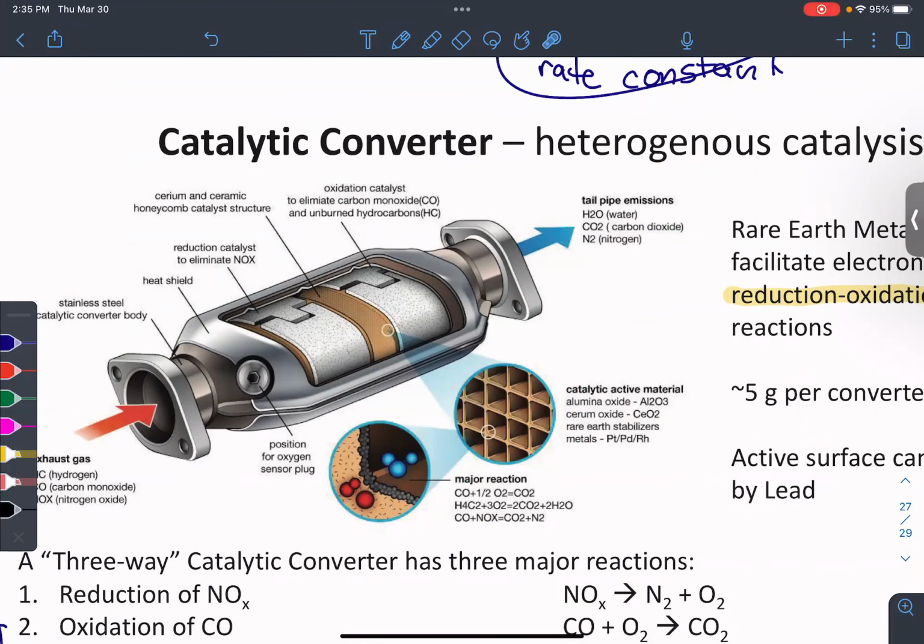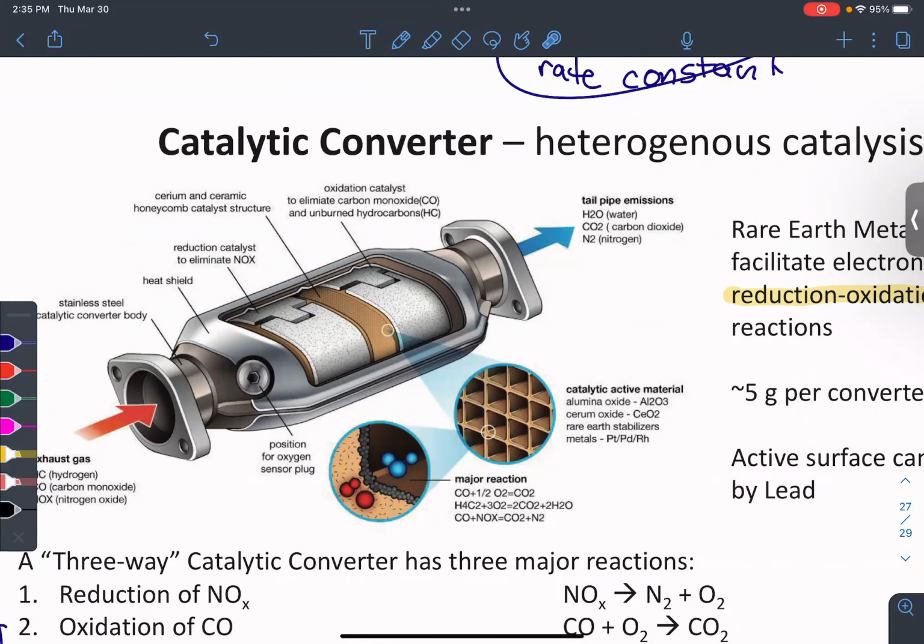The cool thing about redox reactions is that they always happen together. When something's reduced, something else is always oxidized, because electrons will always try to complete this circuit. Something that's reduced is gaining electrons. Where are those electrons coming from? They're coming from the thing that's oxidized, the thing that is giving off electrons. So you see we have this complete loop, with two substances being oxidized. They're both losing their electrons. Where do you think this electron's going to go? Right now, it's sitting in the catalytic converter. Where do you think it's going to go?